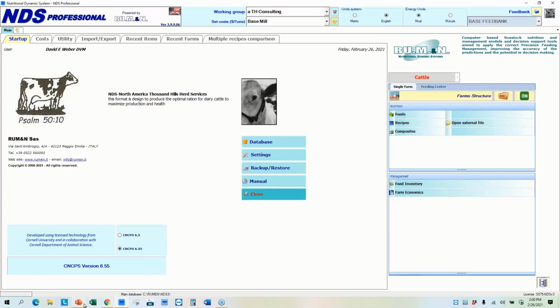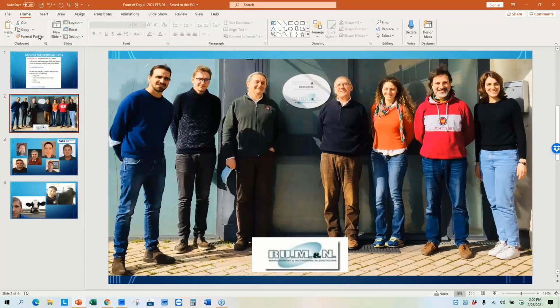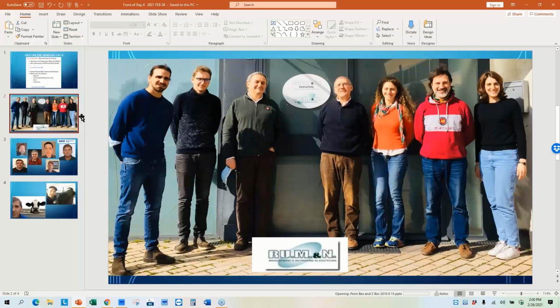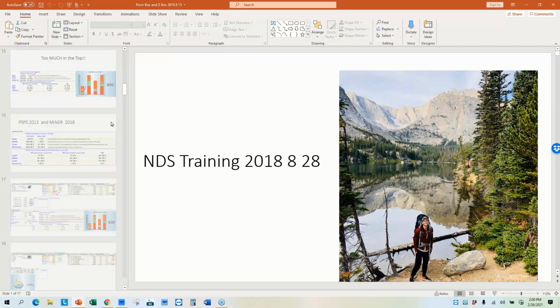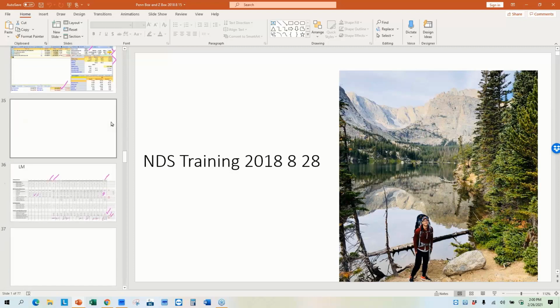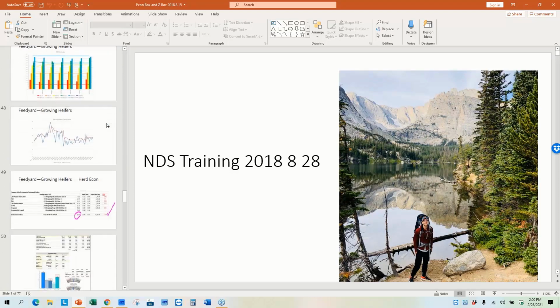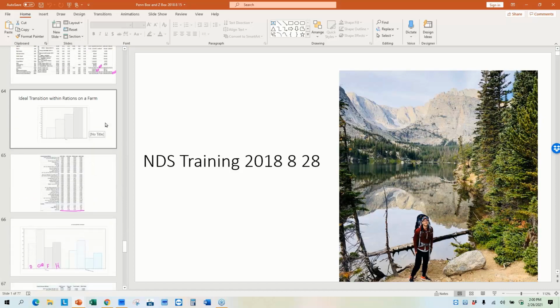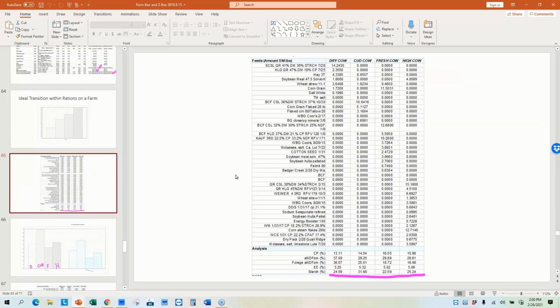What I'll do is I'm going to take you over and look at some of the reports, and I've got some of those saved over here, and we'll run down here. So once I saved all those, it'll generate a report like this. So what it did is I lined up the dry cow, the close-up cow, the fresh cow, and the high cow